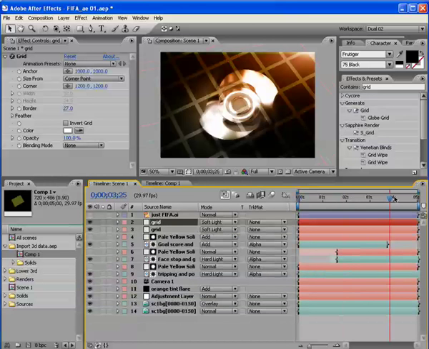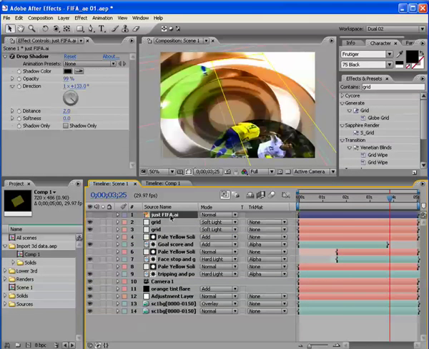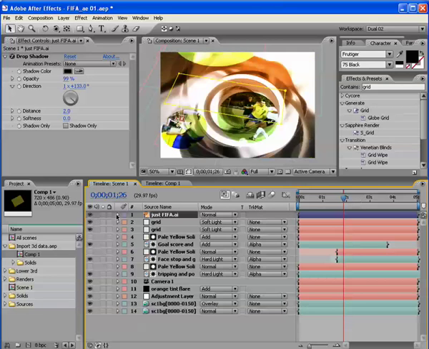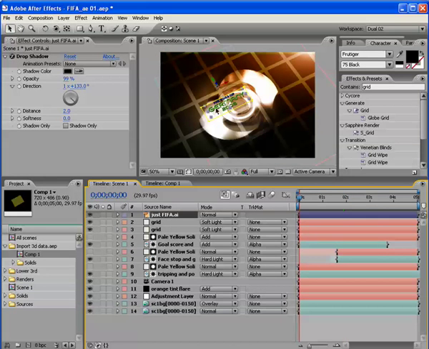And finally, towards the end here, I have the, actually it was all throughout, we'll turn it on. I've got the logo, FIFA World Cup Germany 2006. Again, no keyframes, that's there for the whole time. And that, because it doesn't move and it's lined up with the grid lines, really gives a good frame of reference to where you are in 3D land. So that's it. When you stop and take a look at it, it's actually quite a simple After Effects composition,